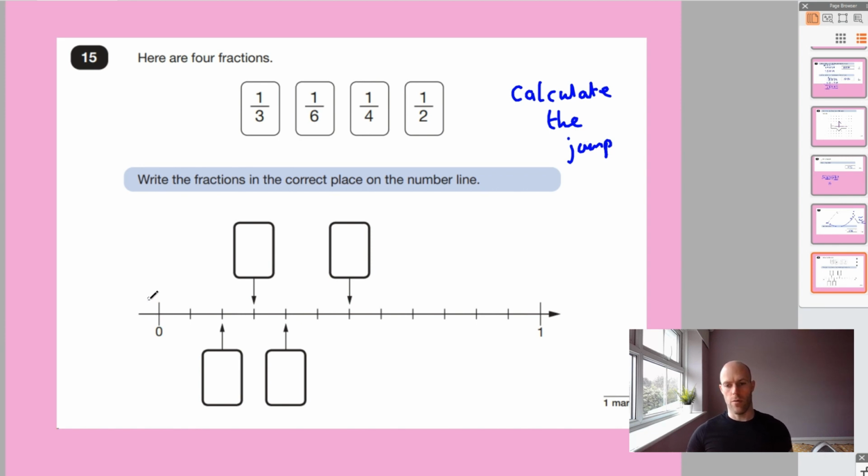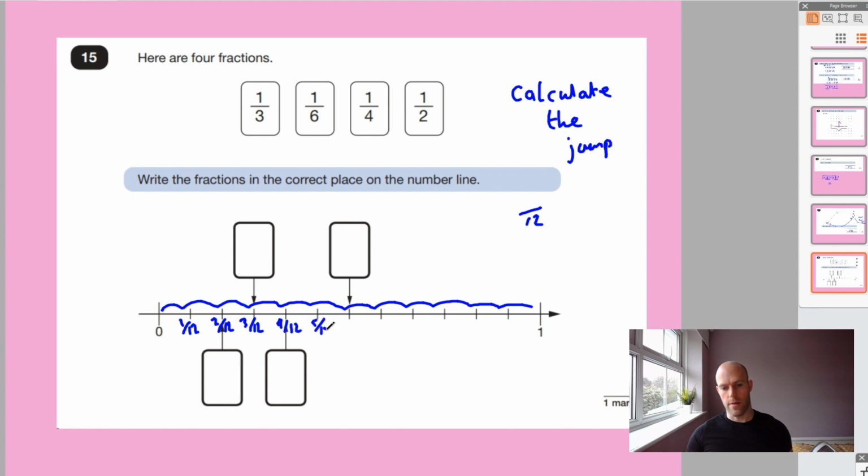I've got 0 all the way up to 1. I'm going to see how many jumps I've got. I've got 1, 2, 3, 4, 5, 6, 7, 8, 9, 10, 11, 12. So everything is in twelfths. And I would be labeling that 1/12, 2/12, 3/12, 4/12,